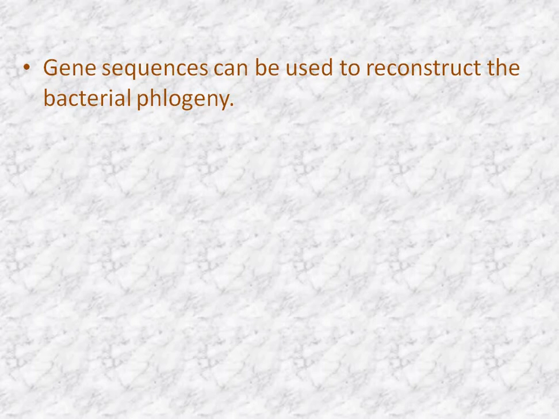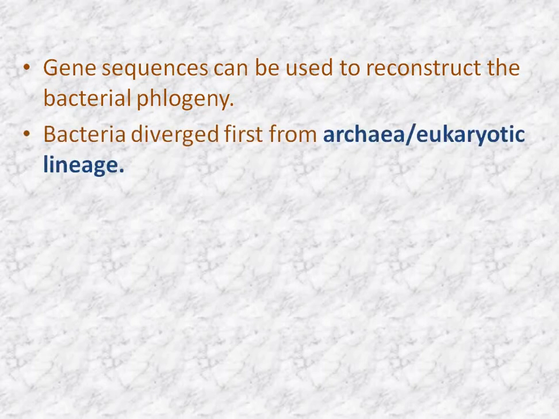To construct bacterial phylogeny, gene sequencing is used. Gene sequencing is used to determine the sequence of genes in any fragment of DNA or RNA. So this process is used to reconstruct the bacterial phylogeny. Bacteria diverge first from archaea and eukaryotic lineage, meaning they evolved first from the ancestral organism, then archaea and eukaryotic